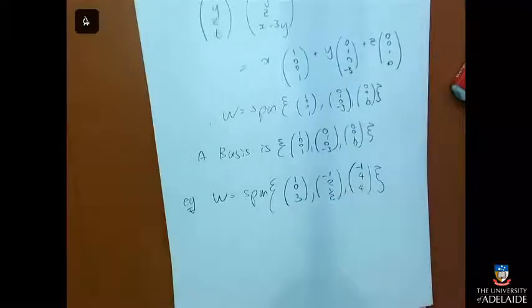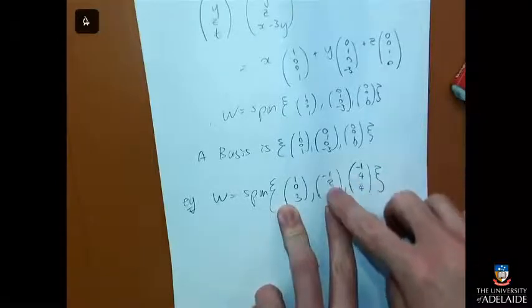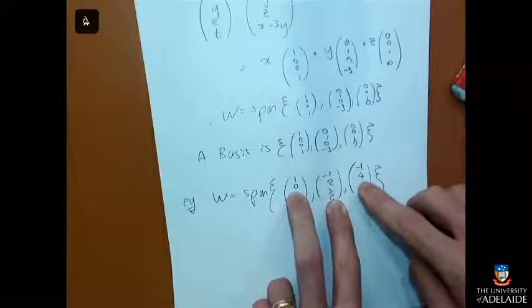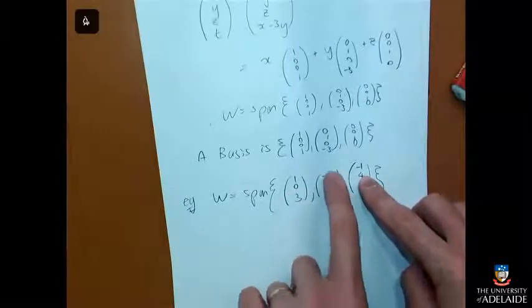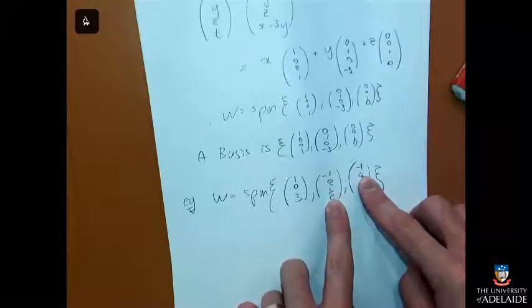Right. If any one of them is a linear combination of the others, then I know they're not linearly independent, and I can remove one of them. So I could stare at them until I notice whether they're linear combinations of each other. If this was going to be a combination of those two, it would have to be 2 of this one, because of that 0 there, right? The only way I'm going to get a 4 in this position is if I go 2 of this second one. And 2 of that second one is minus 2, 4, 1.